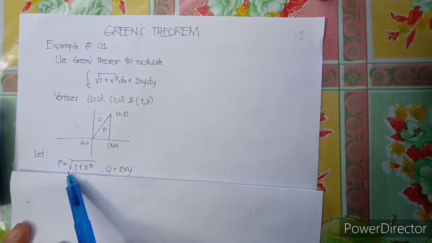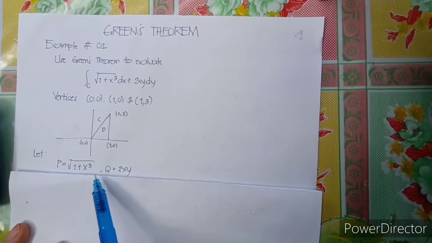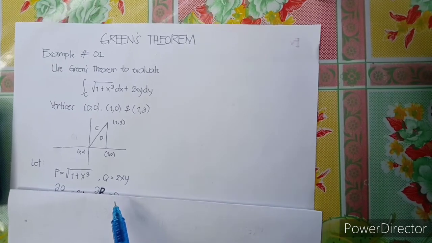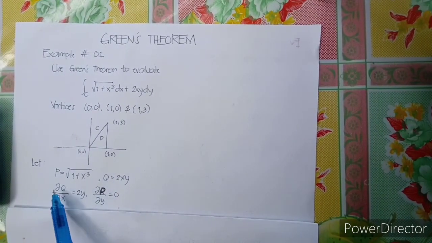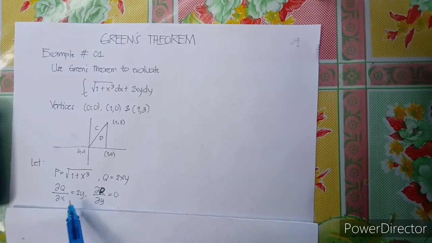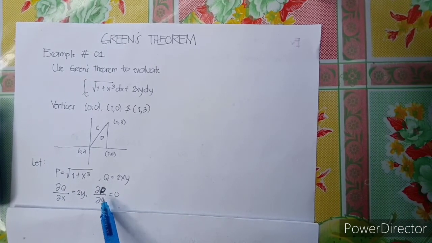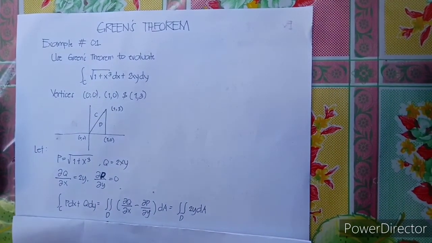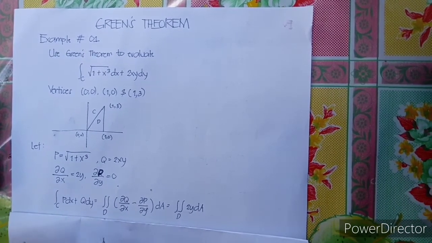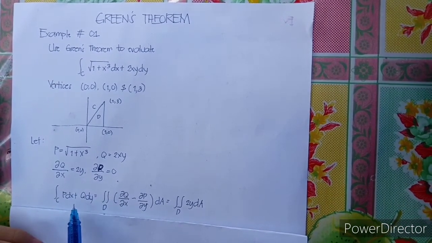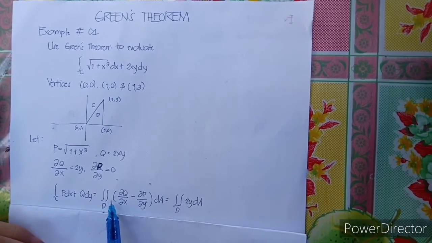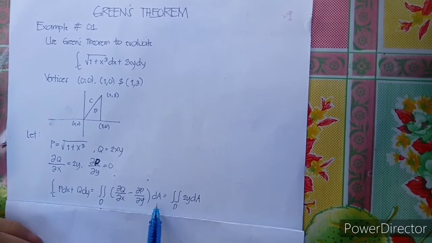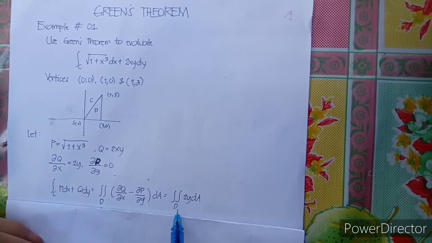Let P be equal to square root of 1 plus x cubed and Q equal to 2xy. We can now calculate that partial Q with respect to x is equal to 2y and partial P with respect to y is equal to 0. Then, using Green's theorem, our line integral of P dx plus Q dy is equal to the double integral of partial Q with respect to x minus partial P with respect to y dA, which is equal to the double integral of 2y